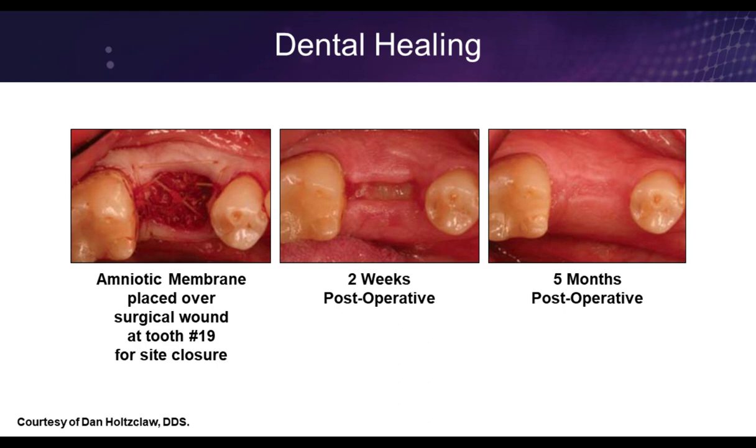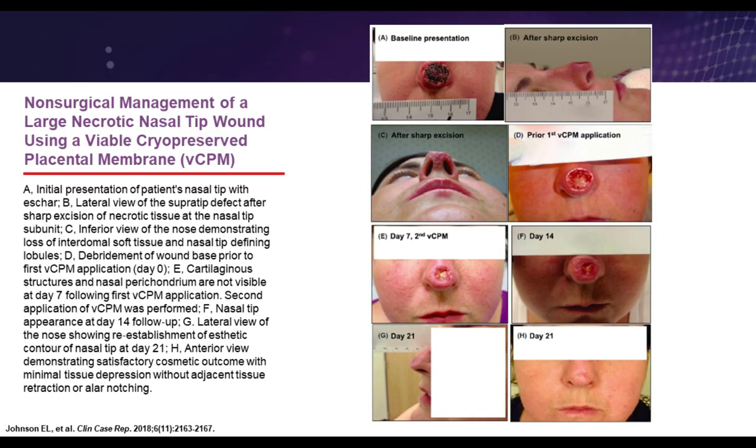And just another example of kind of an unusual application of using, in this case, a viable cryopreserved placental membrane. Instead of being dehydrated, this is actually a cryopreserved placental membrane that still has some viable cells in it. And you can see in this poor patient's example where there's this large ulcer on the tip of the nose